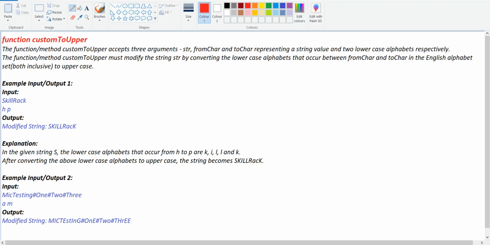Today we are going to solve this KidMock daily challenge of 27 May 2021. Here this is the function customToUpper. The functional method customToUpper has 3 arguments: string, fromCharacter and toCharacter, representing the string value and